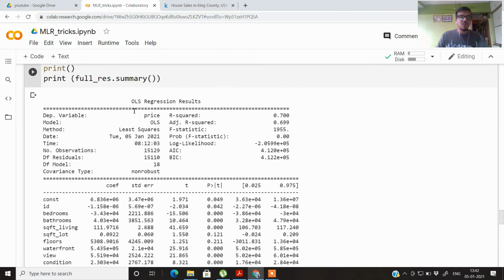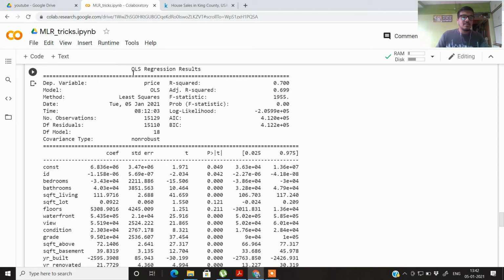So directly you get a result here, which is the most important part of this tutorial. Just by looking at this result, you can say how good your model is. There are some important metrics that you need to take care of. First is the R square. R square for any good model should be at least 0.7 to 0.8, and in some cases it is even higher. If your model has an R square lesser than 0.7 or 0.8, it is not a very good model. The other is the adjusted R square. You should always check this metric also.